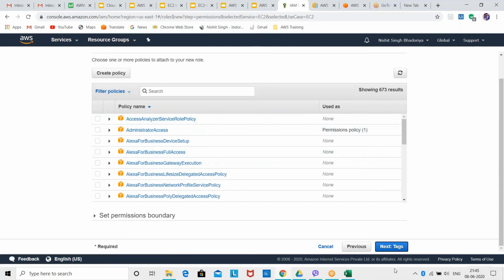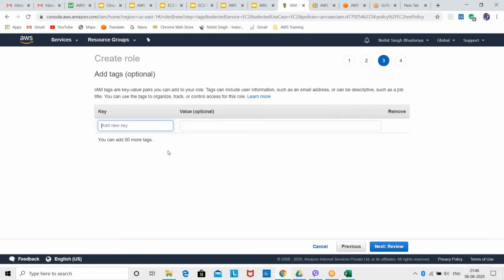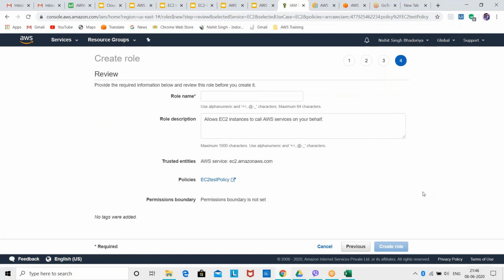Then I have to give permissions to my role as well, like while performing the role, while doing the work, what are the permissions or policies that bind me, right? So I can give permissions as well. I'll directly select the permission which I have created and go to next. You can give any tag if you want, like job title, description, email address, contact number, anything. Then click on review.